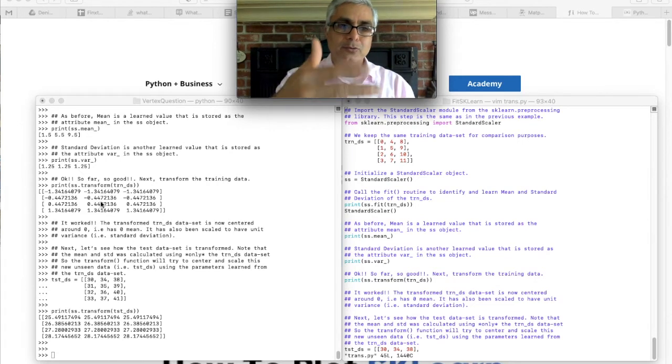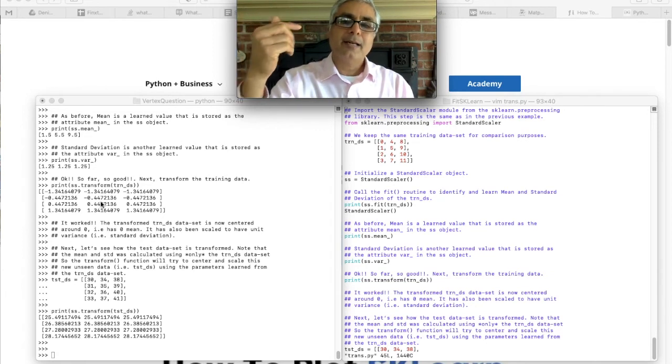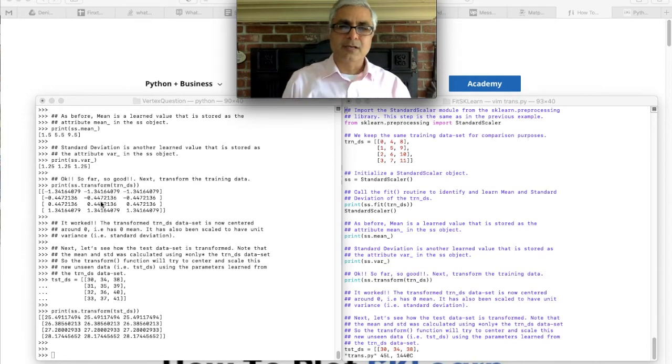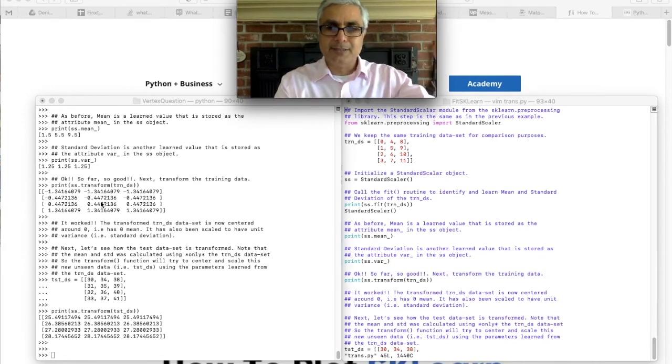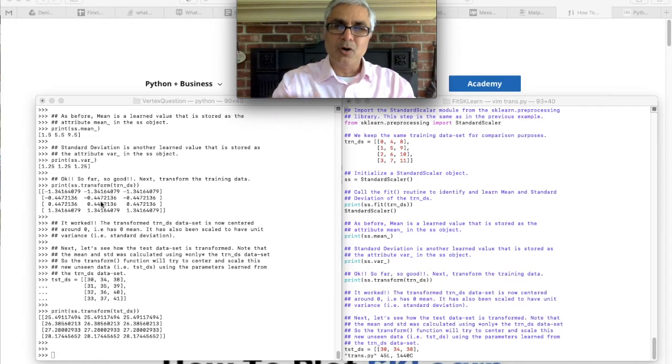That's why you call fit once but call transform twice, once on training data and the other on test data. It's very easy to confuse training and test. Training is when you train the model. Test is supposed to be yet unseen data, and it's just to see how well the model performs outside in the world.